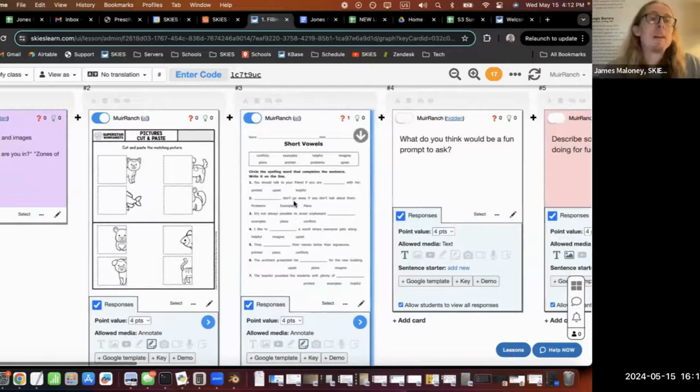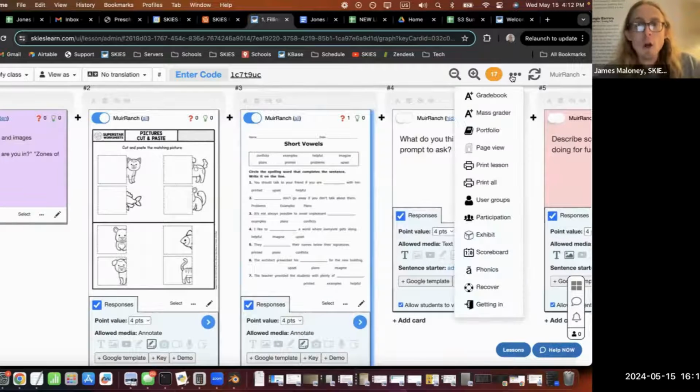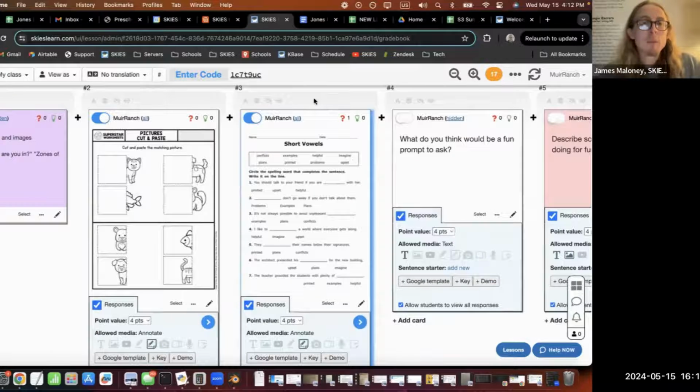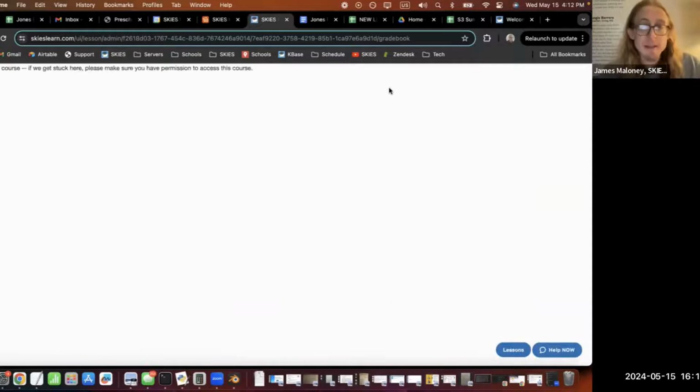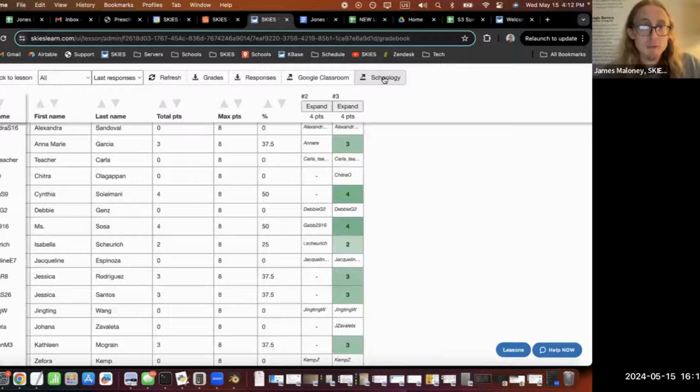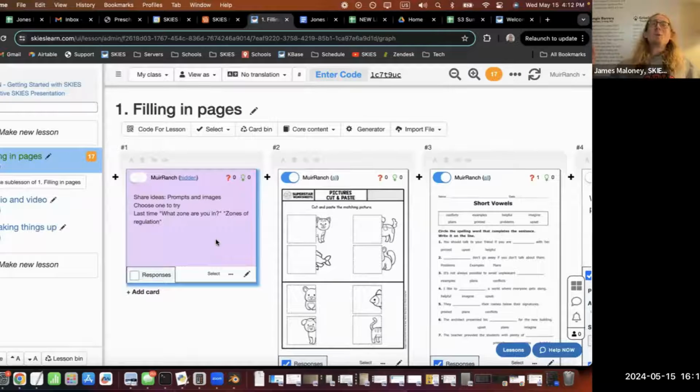And by the way, if I wanted to go into my grade book and press my Schoology button because I'm in LAUSD or one of the other places that use Schoology or Google Classroom, I could press that button. And guess what? Not only would Skies post the assignment in your LMS with a link, it would also transfer the grades to your grade book. And it's super flexible, which grades you want to go, which grades you don't want to go.